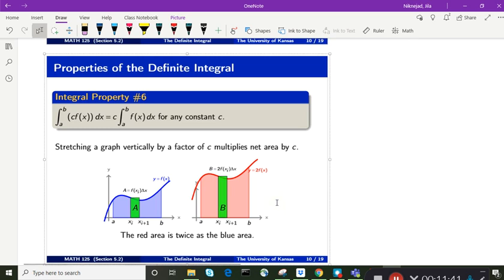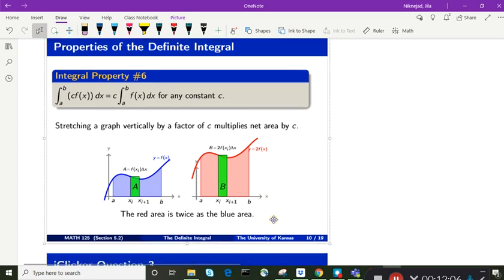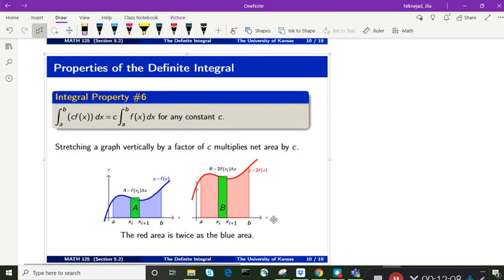So this property, you can see the picture. If you have function f of x, then the rectangles that you make from a to b are of height f of x. If you have the function in pink, 2f of x, then the rectangles are of height twice that. And that's how basically the integral of the